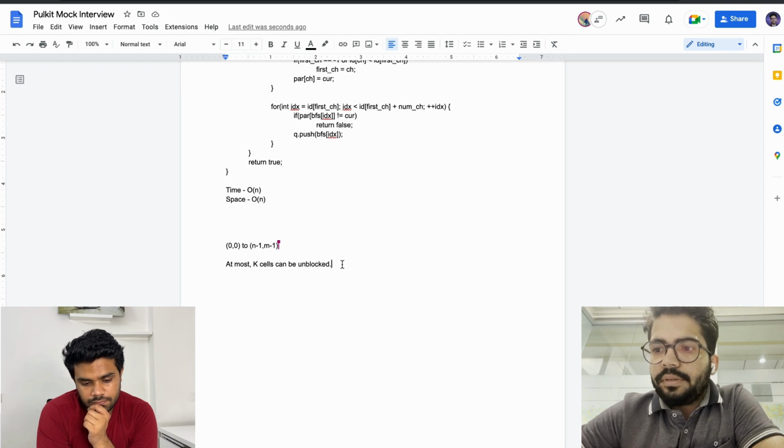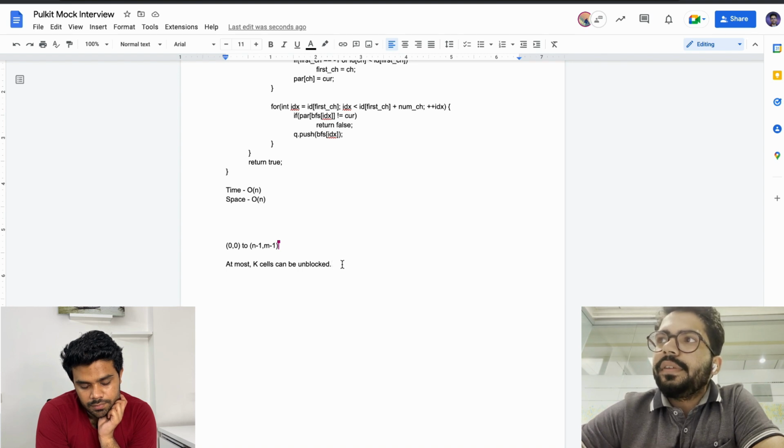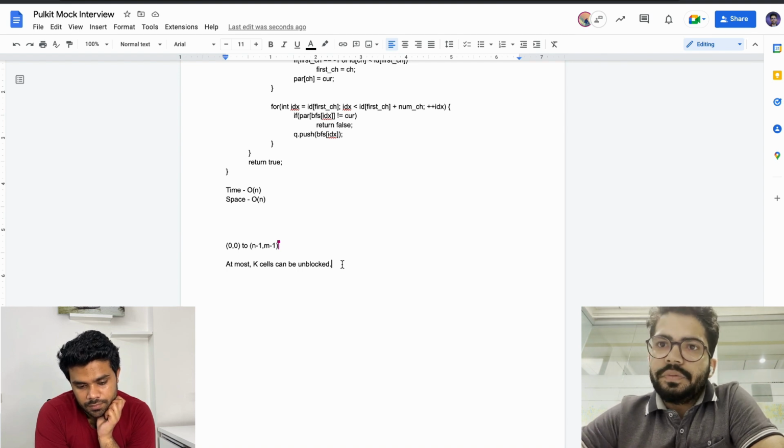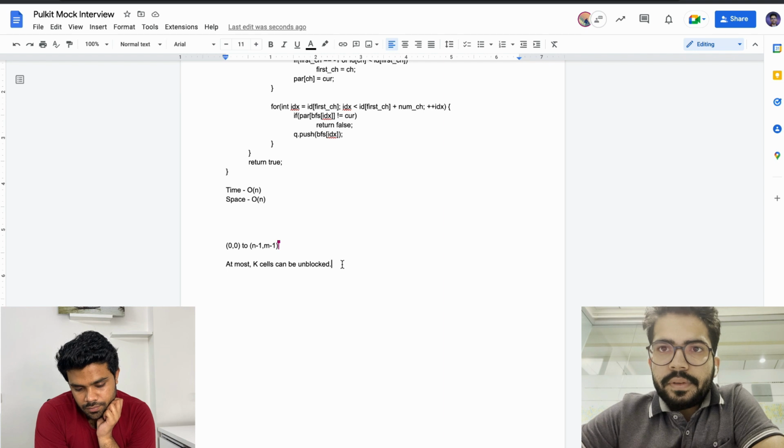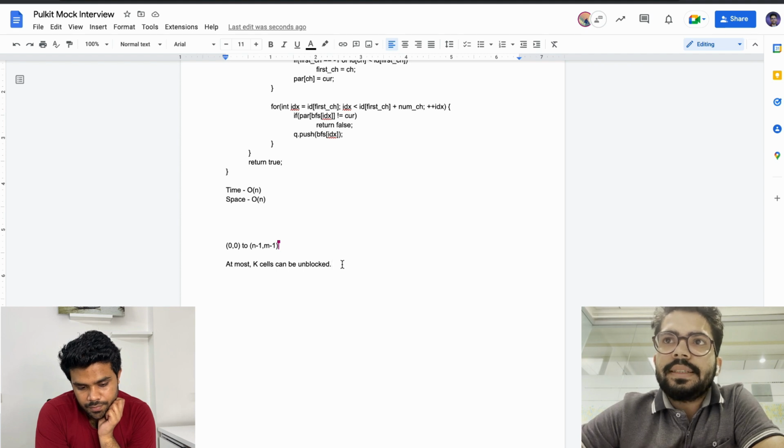So for this particular thing, first let me see: if there is a path available from 0,0 to n-1,n-1, and I'm unblocking some cell, the shortest path will either remain the same or decrease. It can never increase, right? Yes.